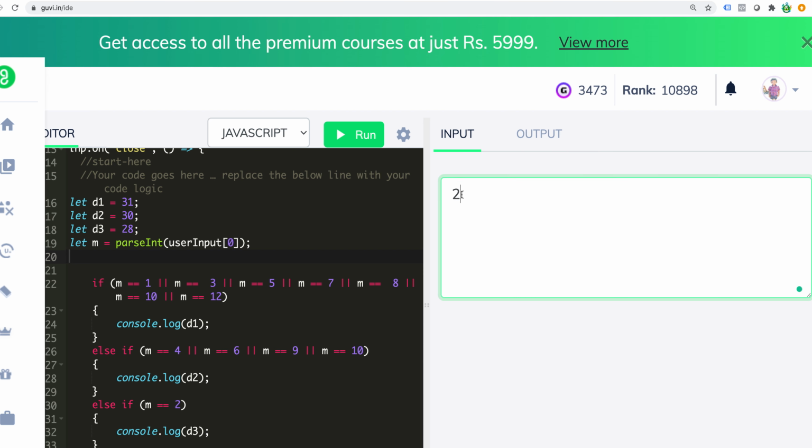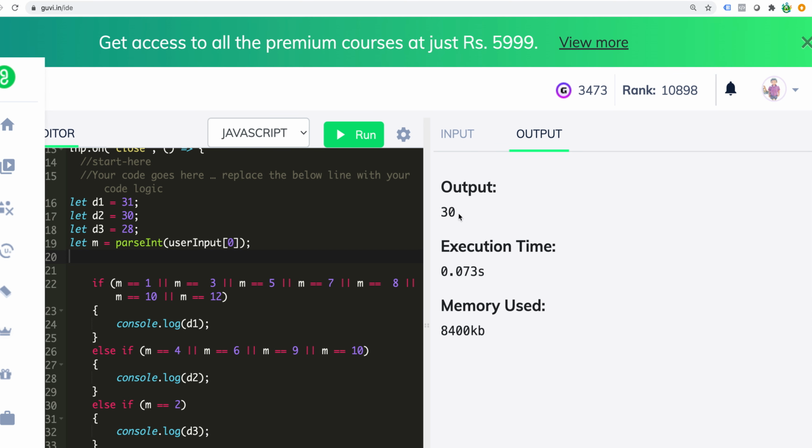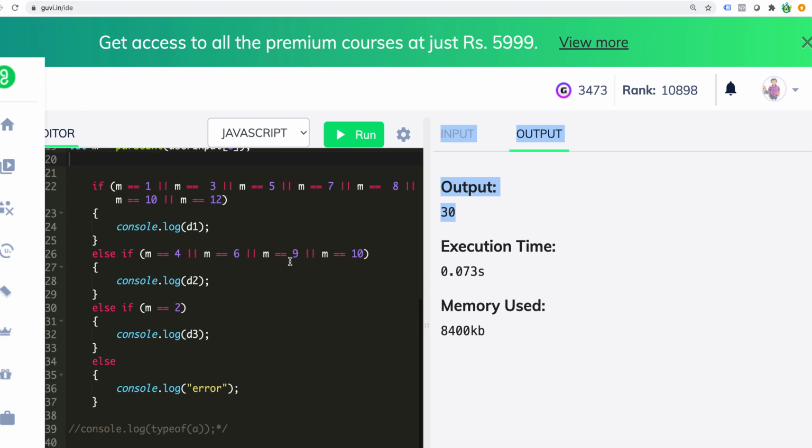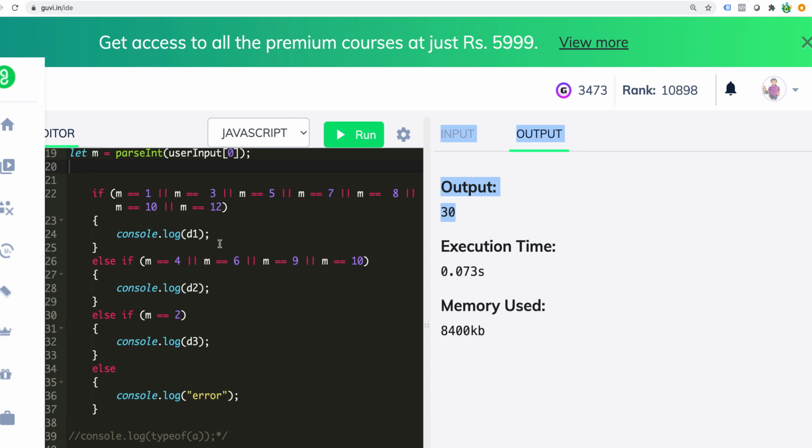If I give 4, the fourth month, it should be 30 days. See, all the logic is fine. That's what I said. His logical approach is fine, but his syntax for the logic is wrong, and I don't know whether he has copy pasted the function or not. That makes me doubt whether he understood and did it or copied from somewhere else.